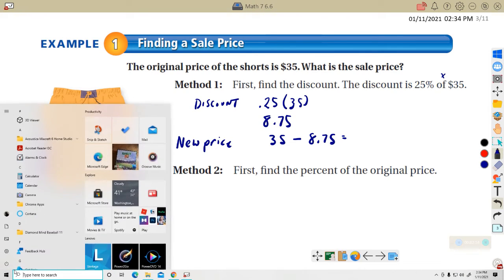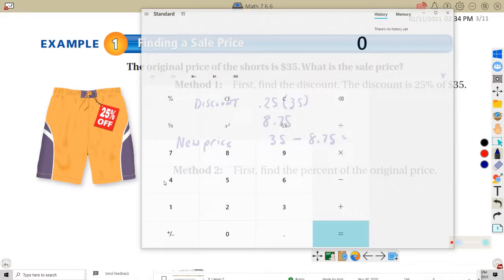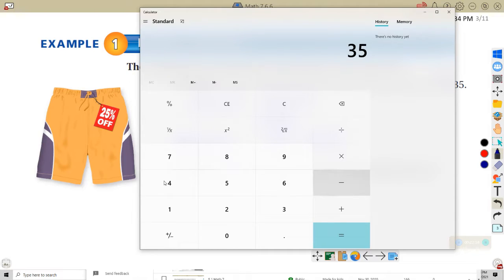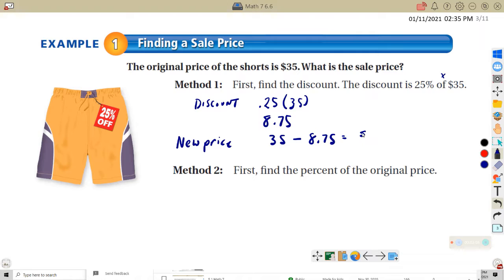So then 35 minus 8.75 is $26.25. Okay, so that's one way to do it, to find the discount and to subtract that discount from the original